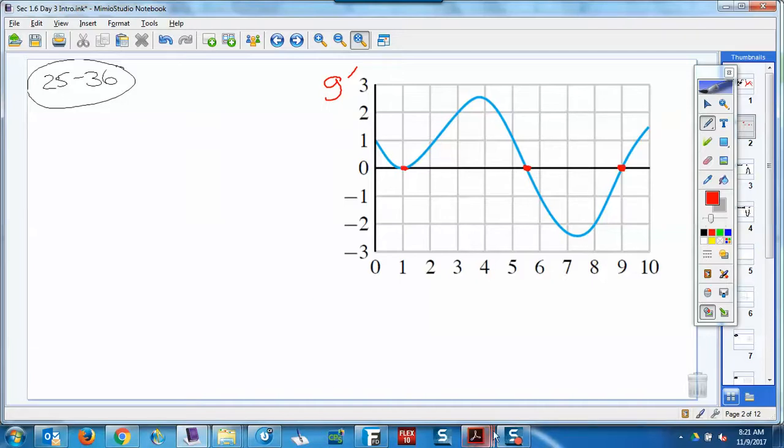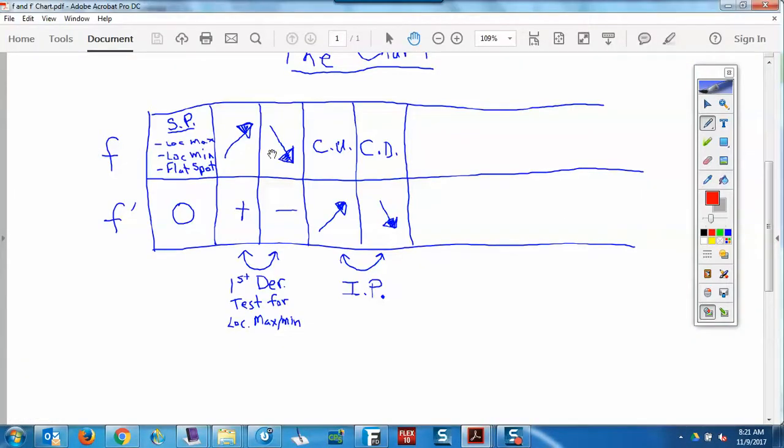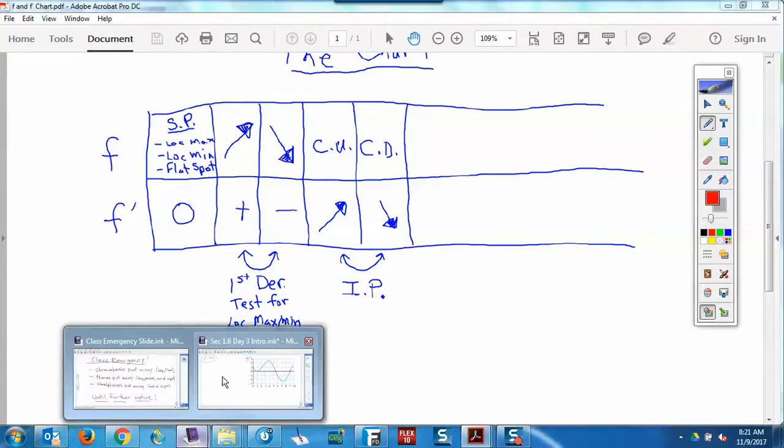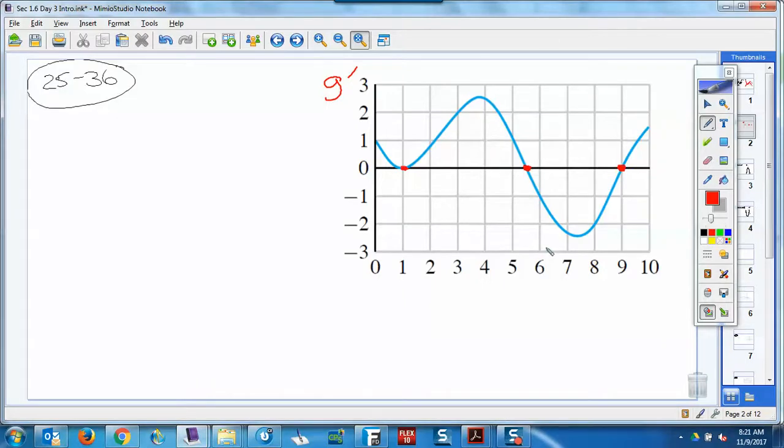positive. G is increasing when G prime is positive. Which means the graph is what? When is G prime positive in a graph? In a G prime graph? When it's above the x-axis. So we care about the parts of this graph that are above the x-axis, because it does get confusing, because you're going back and forth between y values and slopes, right? One minute you're talking about where the slopes are positive. The next minute you're talking about where the y values are positive, right? Those are two different things, okay? So G is increasing when G prime is positive, means it has positive y values, so it's above the x-axis,